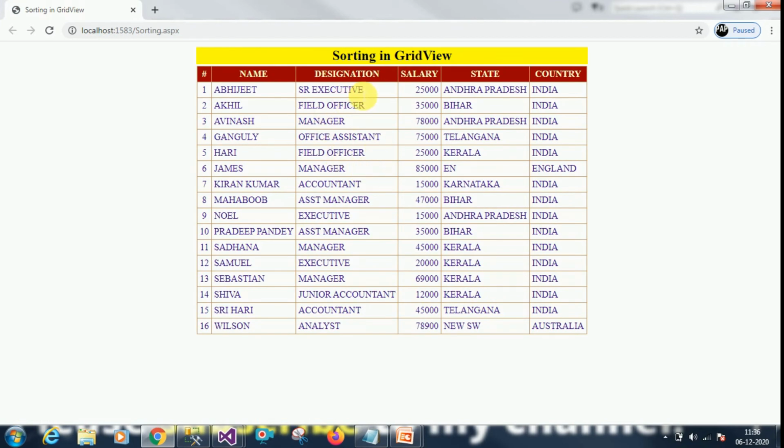So data is binding as we expected. Only thing is there is no sorting option. We can't sort this data. So it's not in the order also. So for this we have to implement the sorting option. For that,